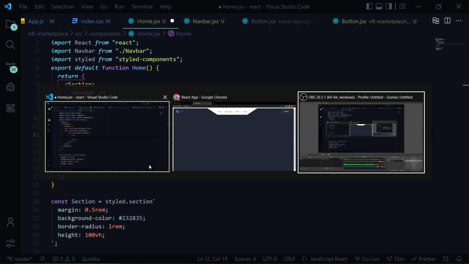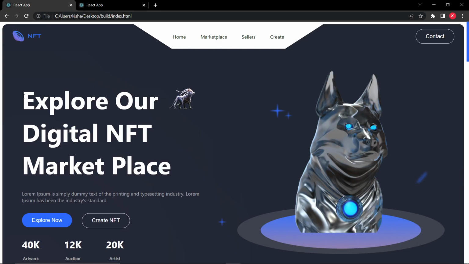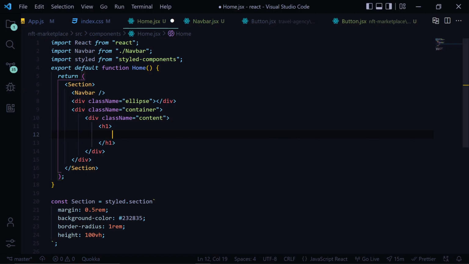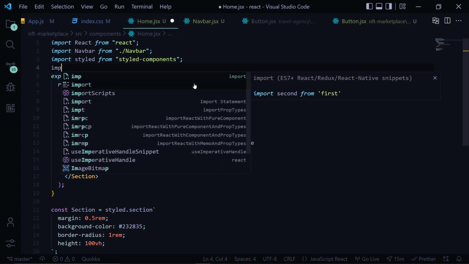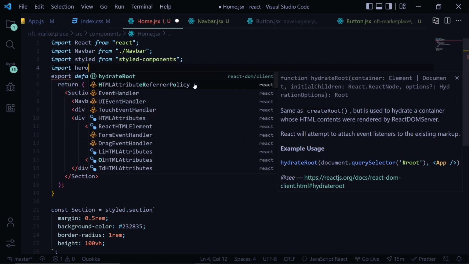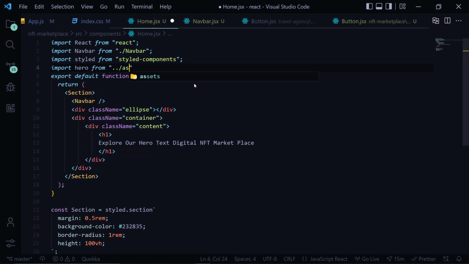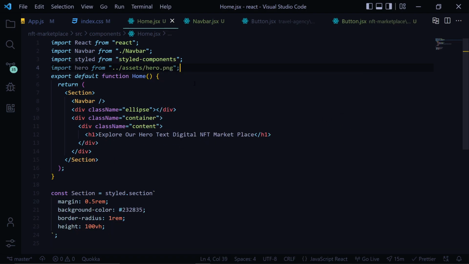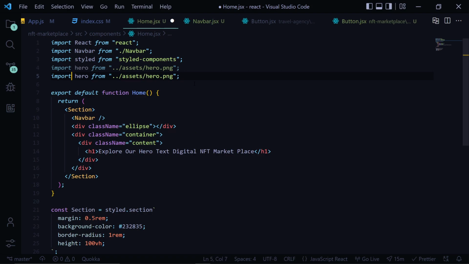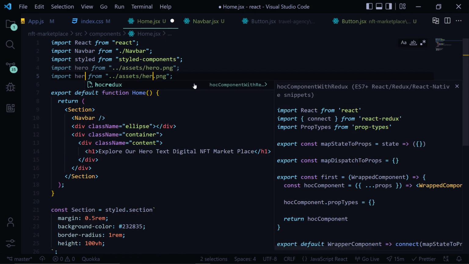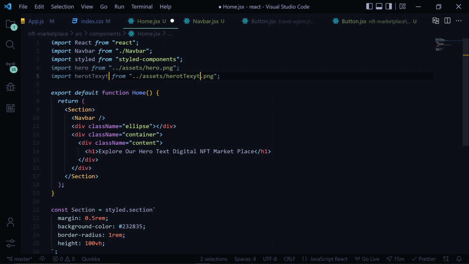Let's copy the text from here, explore digital. Yeah, the image is not here. Let's import that. Import hero from assets, hero.png. Copy this, paste this, and we'll have hero text,